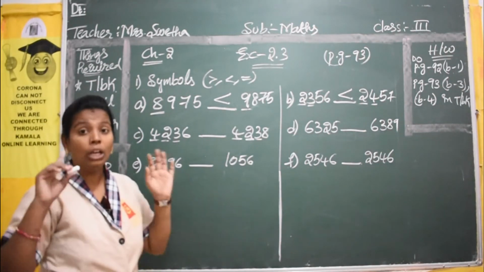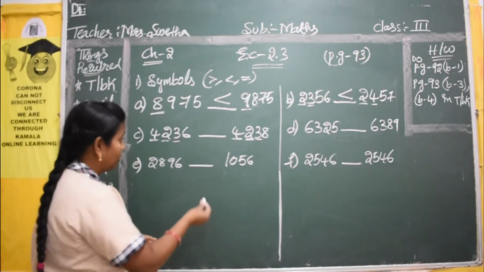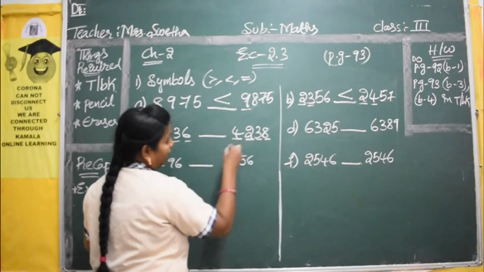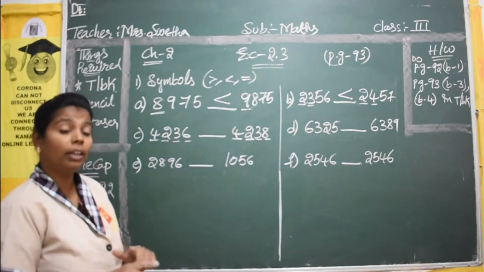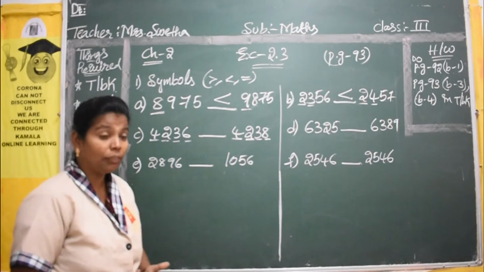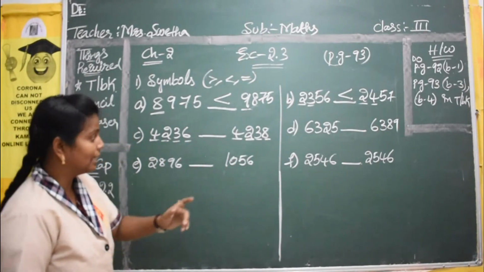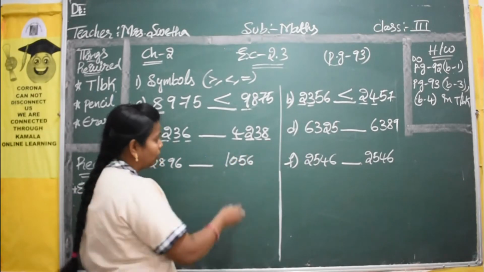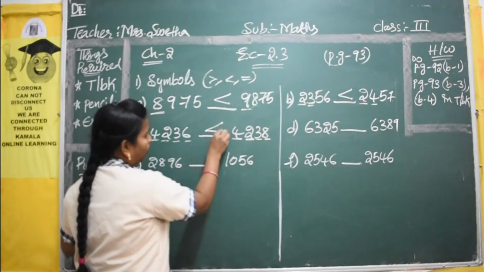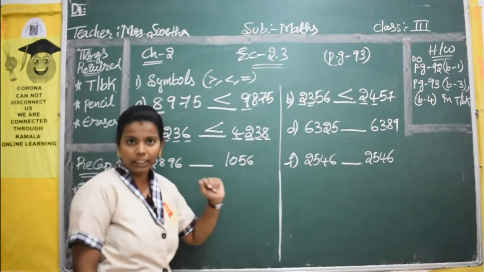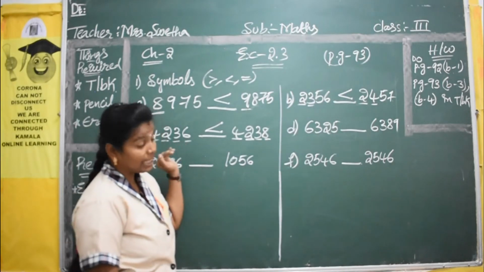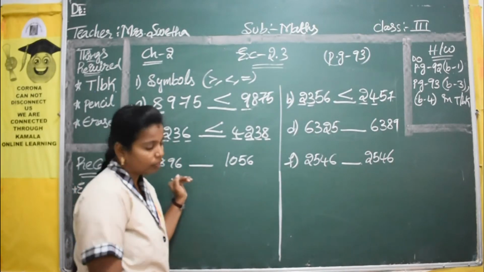We cannot find. So go to next digit. Fourth digit. 6, 8. Yes, from this number can you see? Can you identify which is the bigger one? 6 and 8. Which is the bigger one? Yes, number 8 is the bigger one. So your mouth will be opened to number 8 side. Okay. So again this is a less than symbol, children.